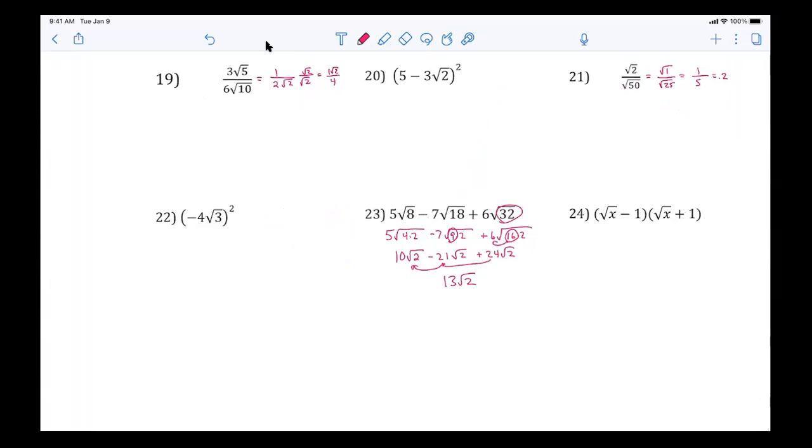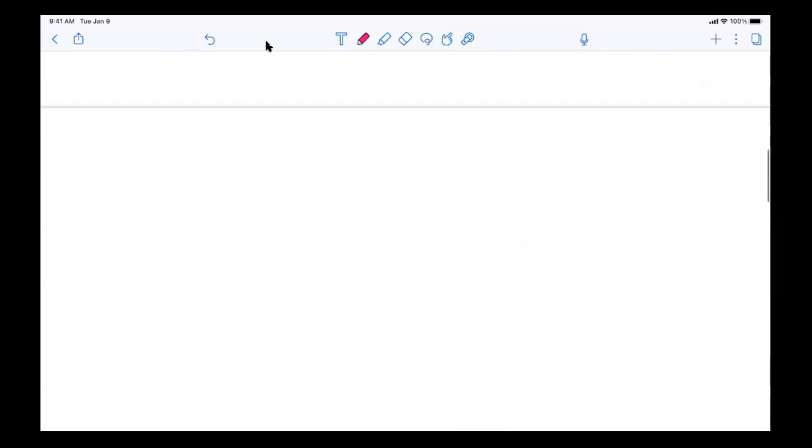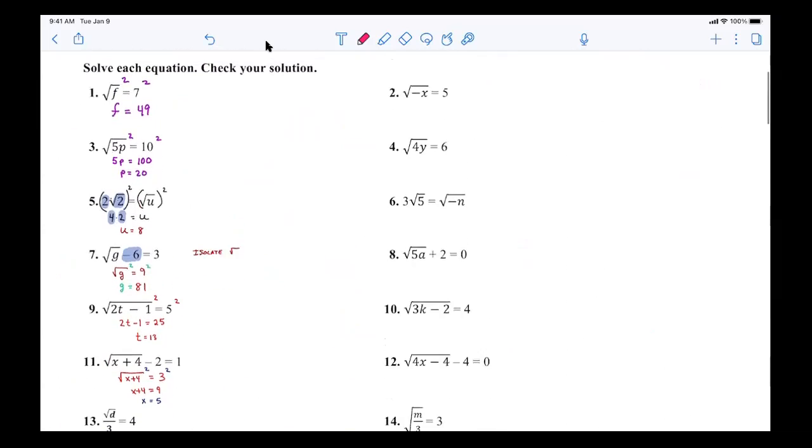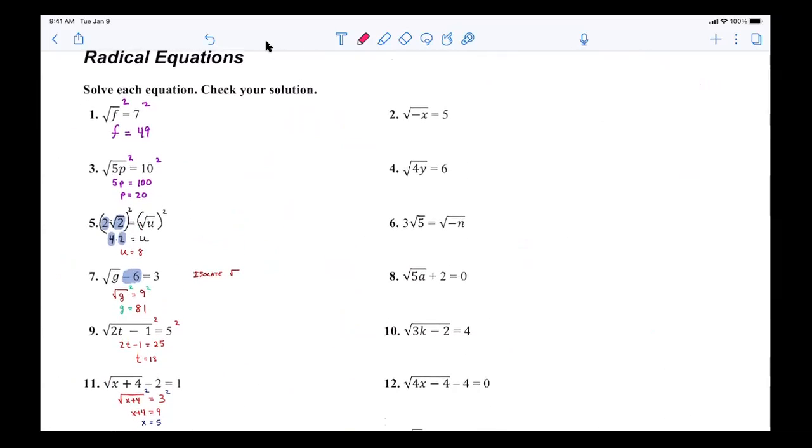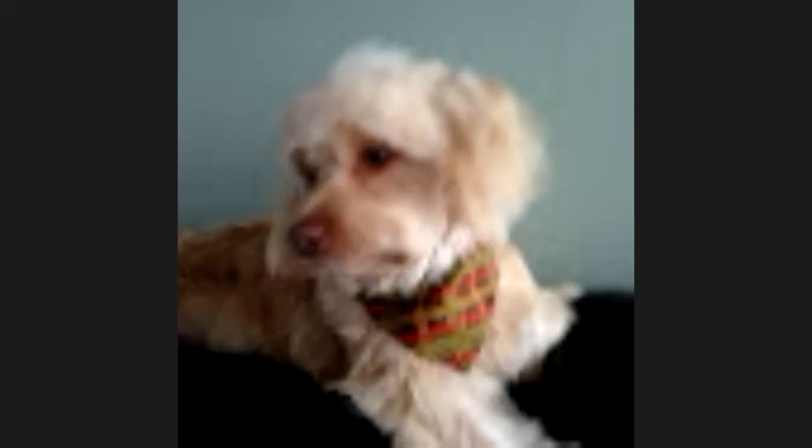All right, so now your job tonight, please, go back, do the evens. It's getting closer to the time where you're going to be sitting in front of somebody trying to take a test. You've got to know this information. So, most important, please, radical equations. Lots of good information. Get busy on that, please. You do the even